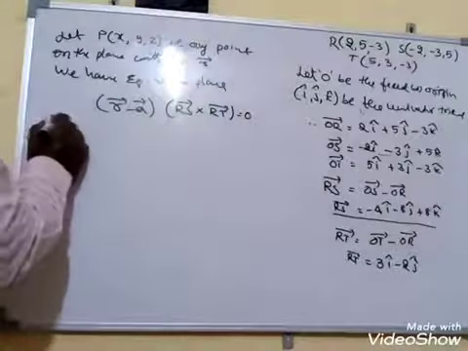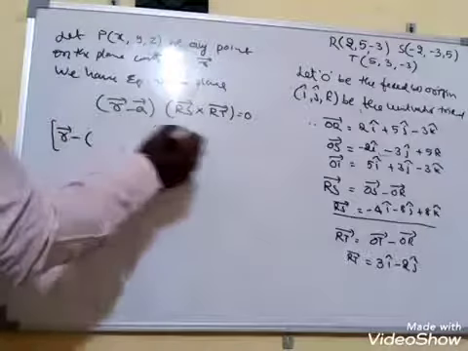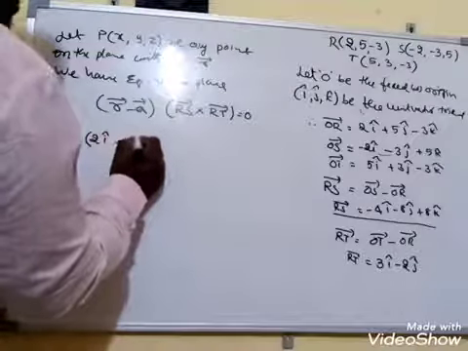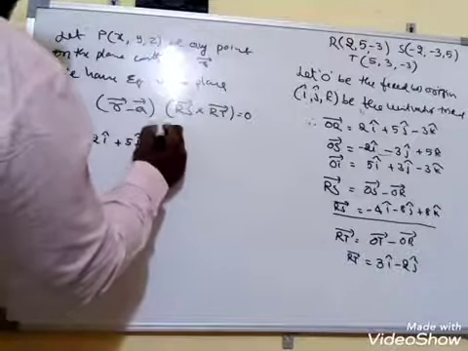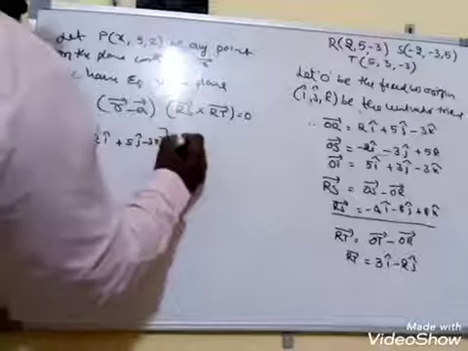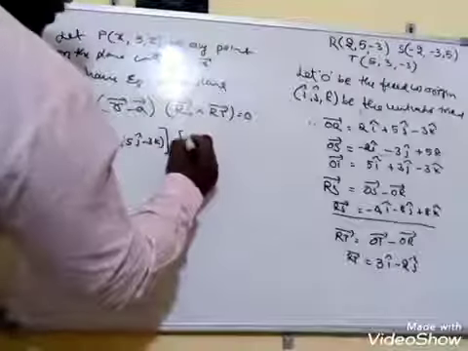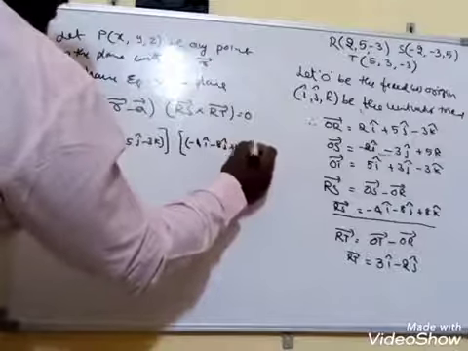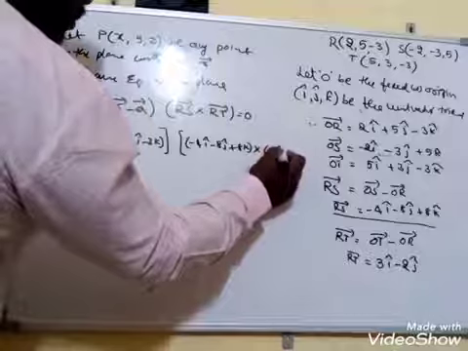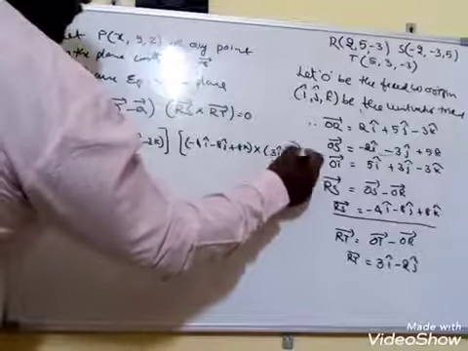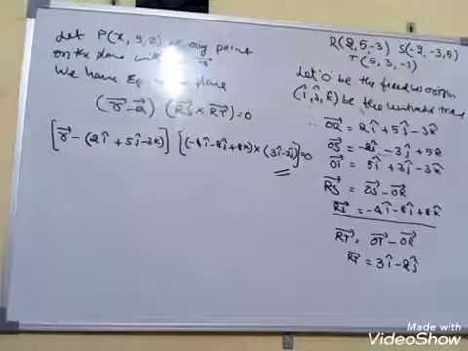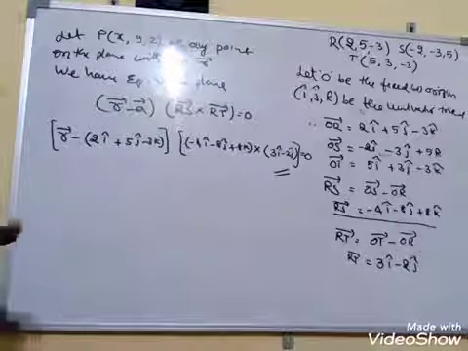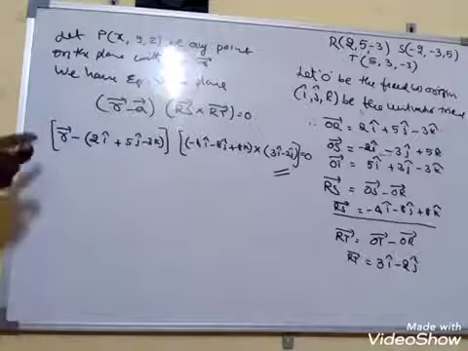Therefore, R bar minus A bar, what is the A bar you have? That is nothing but OR bar, that is 2i plus 5j minus 3k, dot RS bar. What is the RS bar you have? RS bar is minus 4i minus 8j plus 8k, cross 3i minus 2j, is equal to 0. Hence, this is enough as the equation. There is no need to go for cross multiplication and solve it. If asked for the final equation, you can go for that, but this is enough. Now observe there, further also you can go.